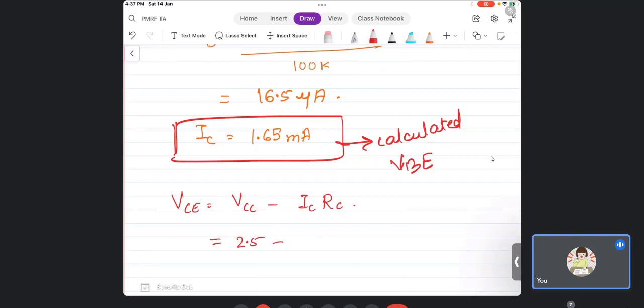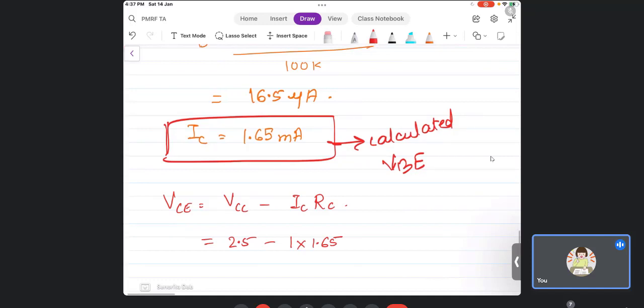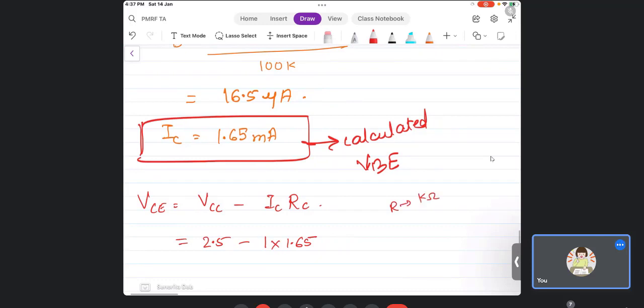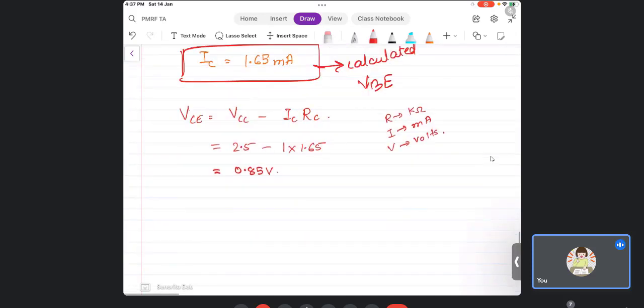RC was 1 kilo into 1.65, and as I have repeatedly told in my previous classes as well, I take all the units to be like resistor, I take it in kilo ohms, and current I take it in milliampere. So automatically the voltage will be in volts. I did not make any changes, any into 10 to the power minus 3 or something. Okay, it automatically will come. So 2.5 minus 1.65 will give you 0.85. Now you see VCE 0.85 volts